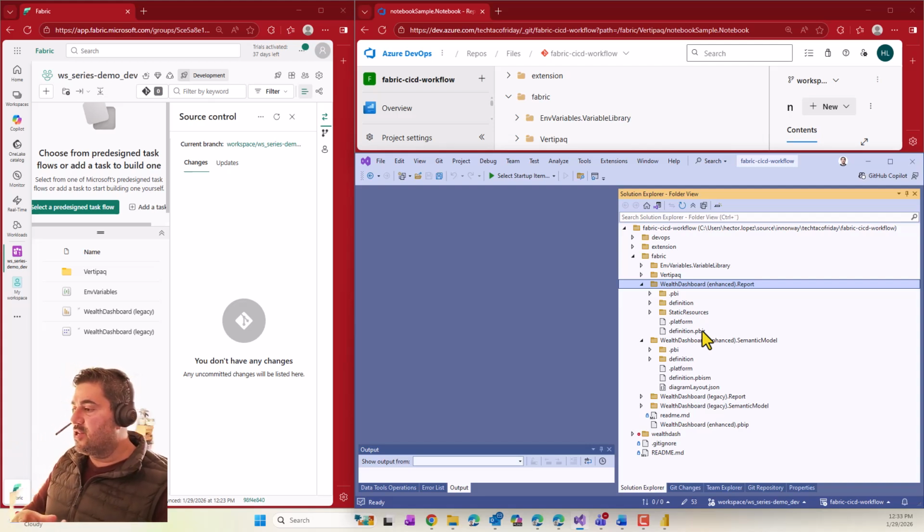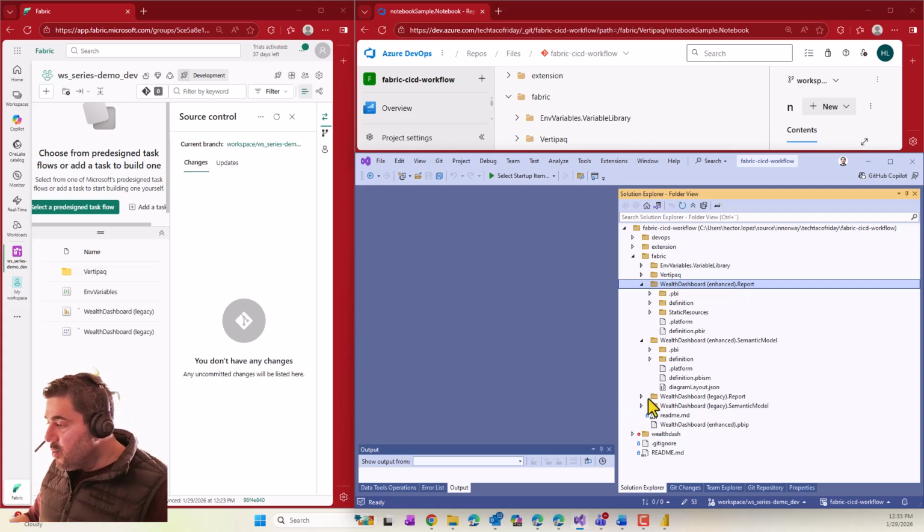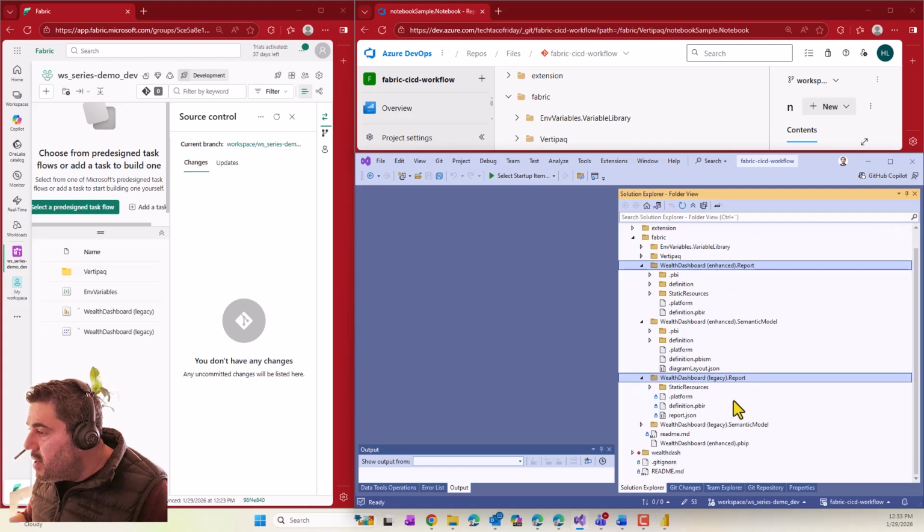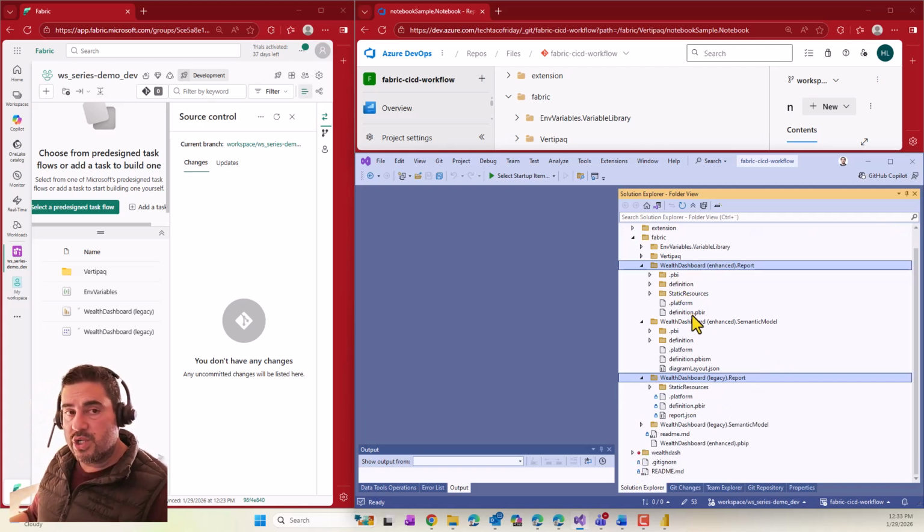Instead of a binary version, now it's a text-based version of the report. But you'll notice, and remember that I mentioned that by activating this feature we will use an enhanced version of the report, you will notice if you compare the report, the legacy versus the enhanced, right? I'm just going to open, and I hope you can see that the folder structure is a little bit different,